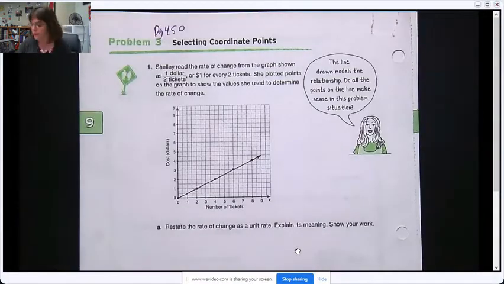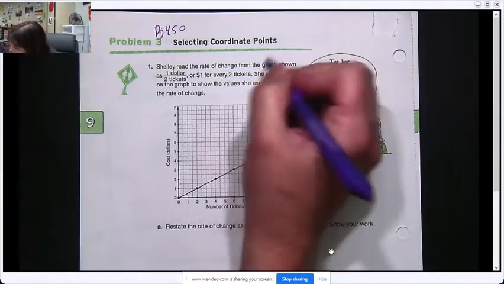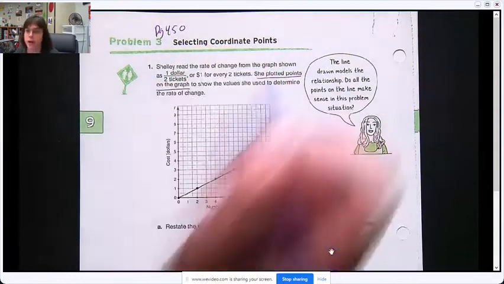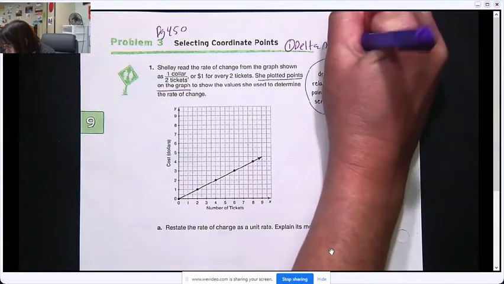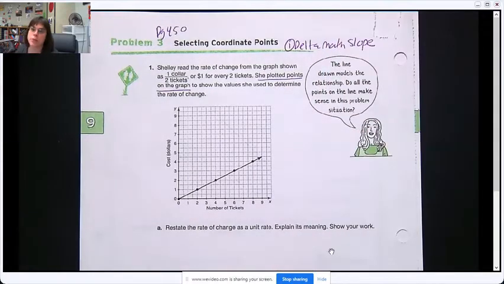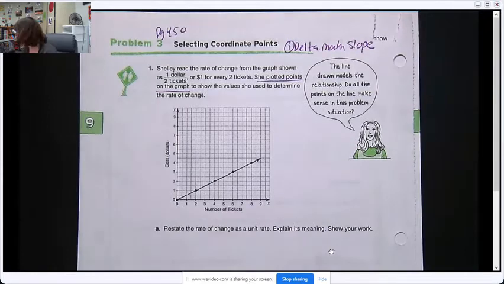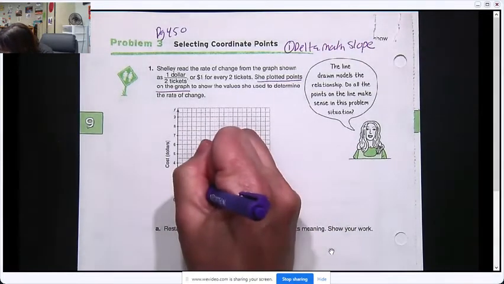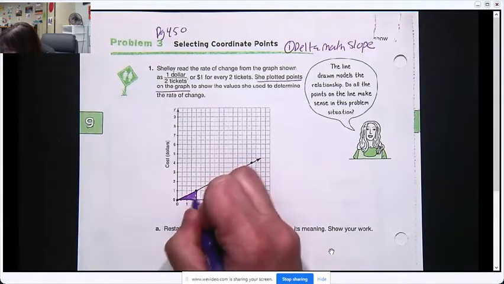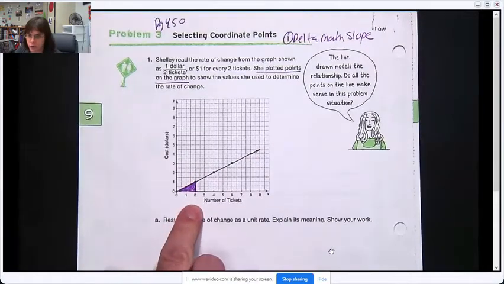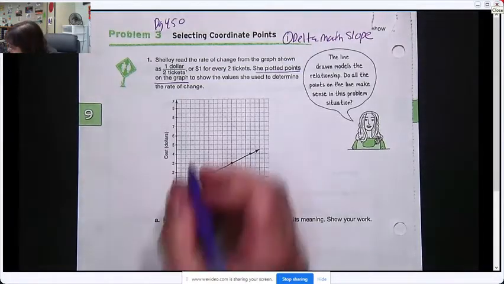All right, so I'm at page 450 of your math book, and it says, Shelley read the rate of change from the graph shown as $1 to 2 tickets, or 1 for every 2. She plotted points on the graph, okay? Now that's why it was really important to make sure you've also got your Delta Math slope homework completed so you can fully grasp what we're doing, because it's really important as a student that you can visualize on a graph what the rate of change is actually asking you for. So make sure you make your triangle on 450 so you can go across and see that